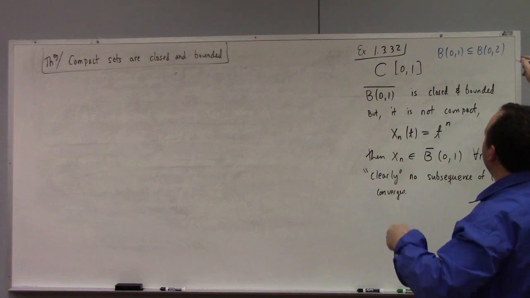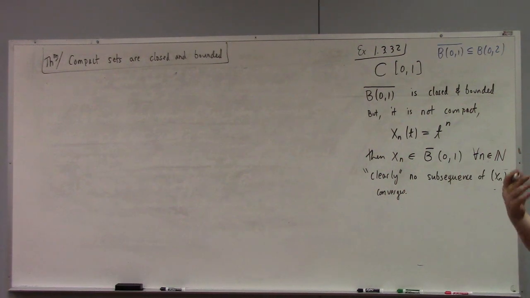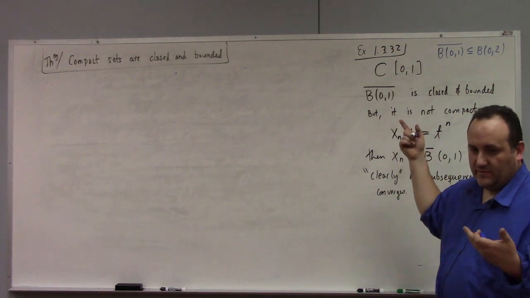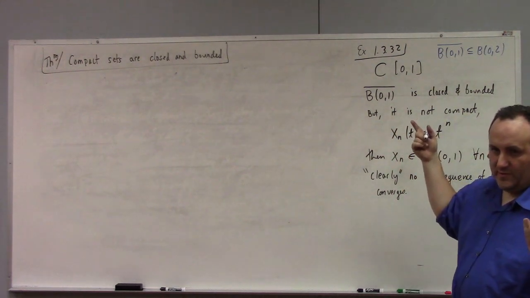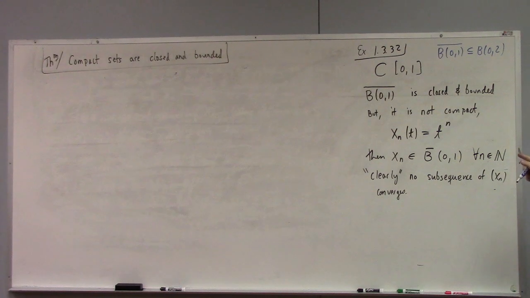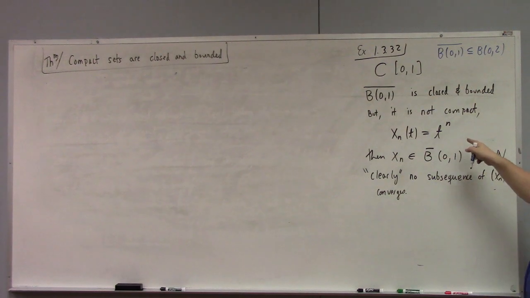So hooray, it's a subset of that, so it's bounded. It's closed because it's the closure, and the closure is closed. This is also a homework problem. Great. Fine. So do we also agree that x_n of t equal to t to the n defines a continuous